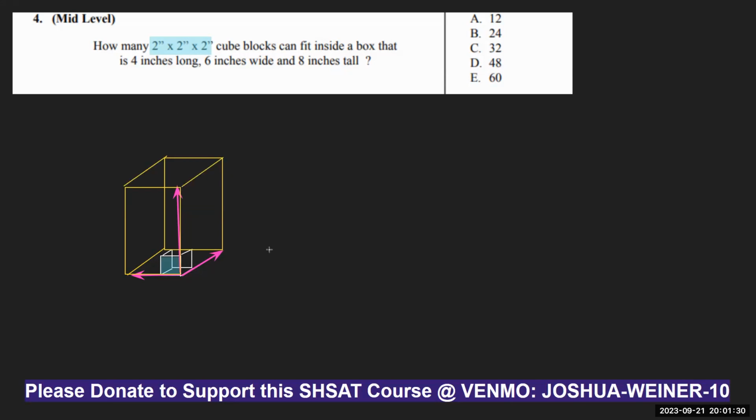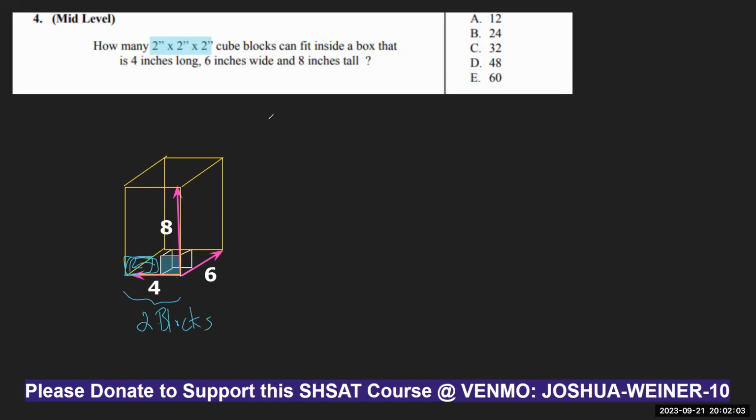And there it is. All right, but if you think about it, since this is 4 units, and this is 6 units, and this is 8, how many blocks can we then fit along this side if they're 2 each? Well, we can put one more block there, and then it'll fit, and that will be it for the length. 2, that's 2, and that's 2. So there's 2 blocks.